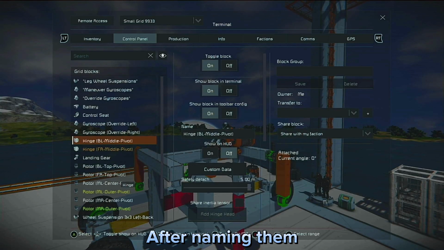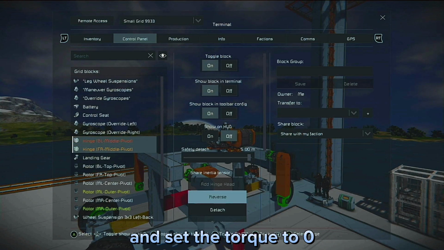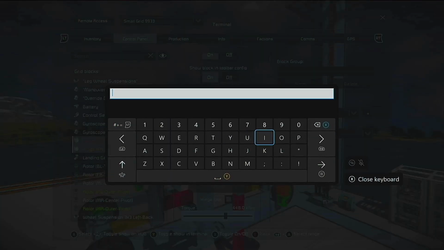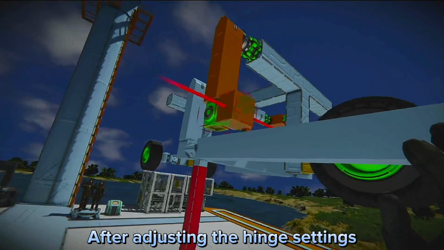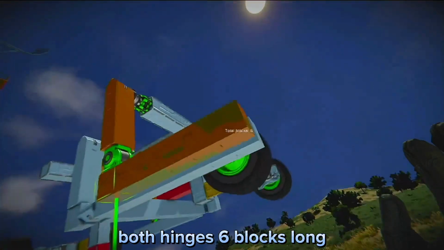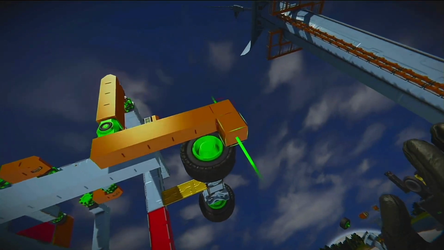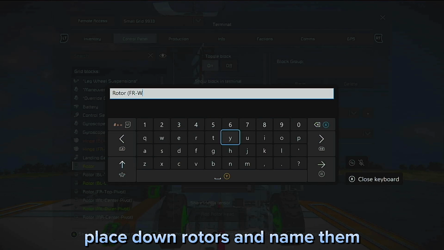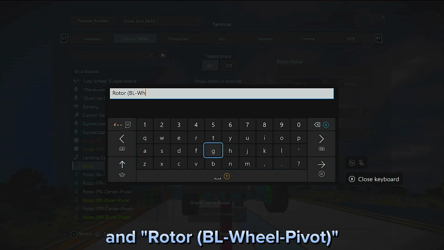After naming them, leave their inertia tensors off, but enable the lock and set the torque to 0. After adjusting the hinge settings, place lines on both hinges 6 blocks long. On the ends of these lines, place down rotors and name them Rotor Front Right Wheel Pivot and Rotor Back